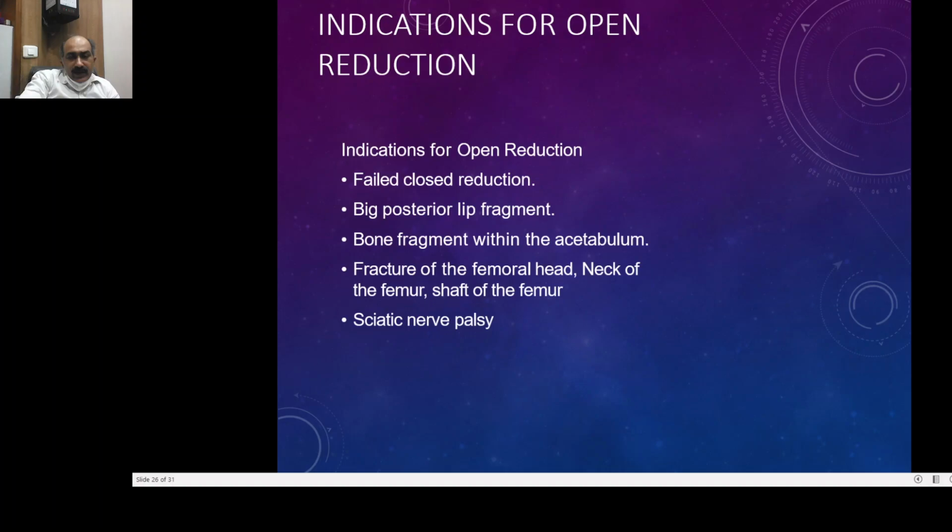Complications. Sciatic nerve injury can be seen in 10 to 13% of the cases. Usually it's a neuropraxia and recovers in some time. Usually the peroneal division is